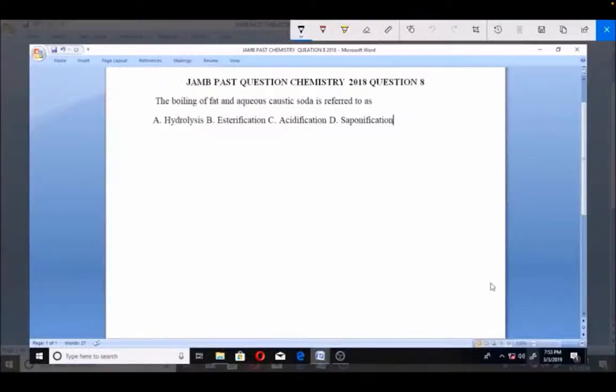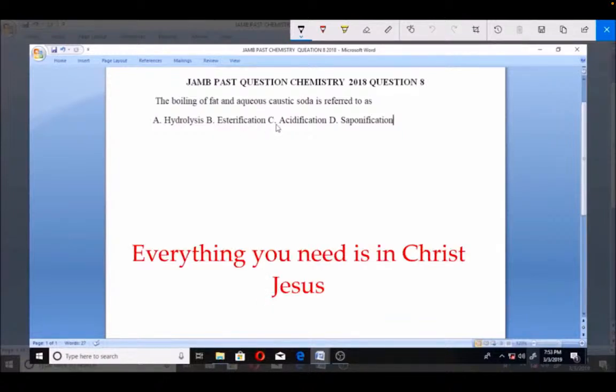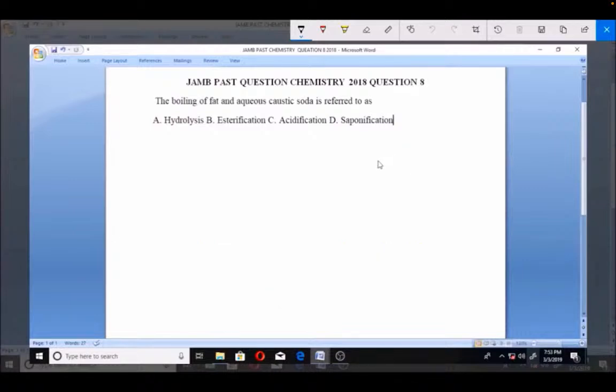Yes, let's look at this JAMB past question, chemistry 2018, question number 8. The boiling of fats and aqueous caustic soda is referred to as A. Hydrolysis, B. Esterification, C. Acidification, D. Saponification. Now, if you look at these options, you see that basically we know the meaning of